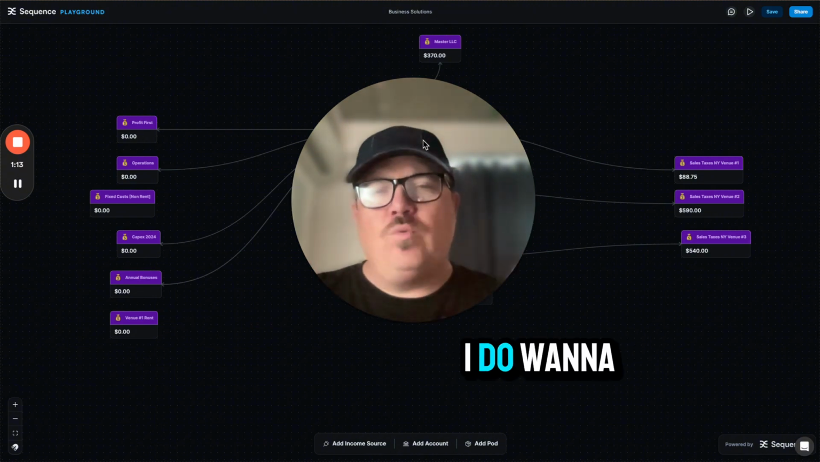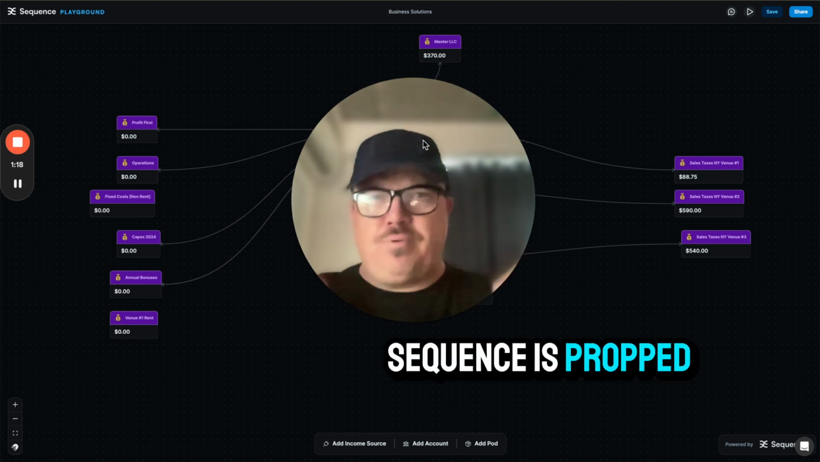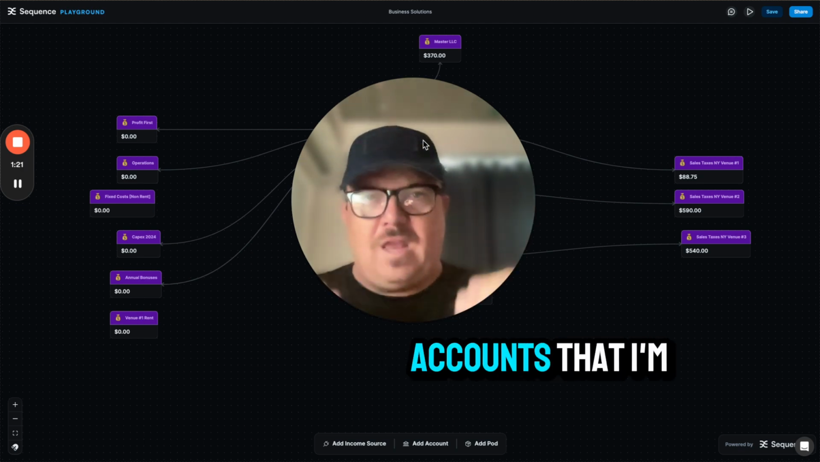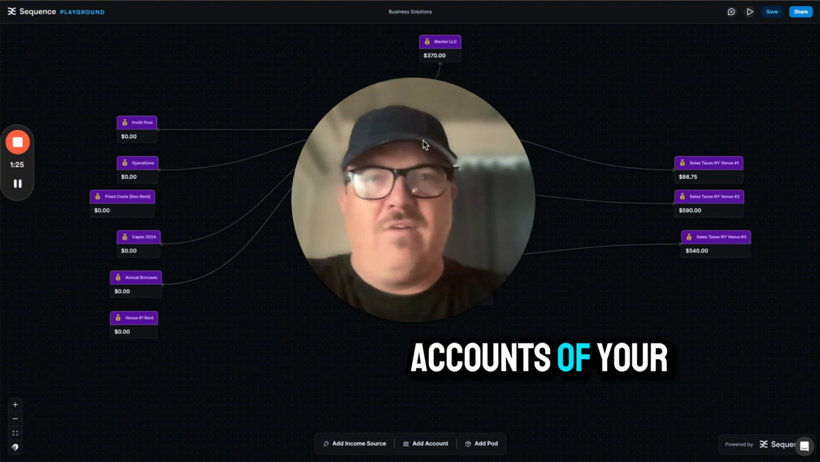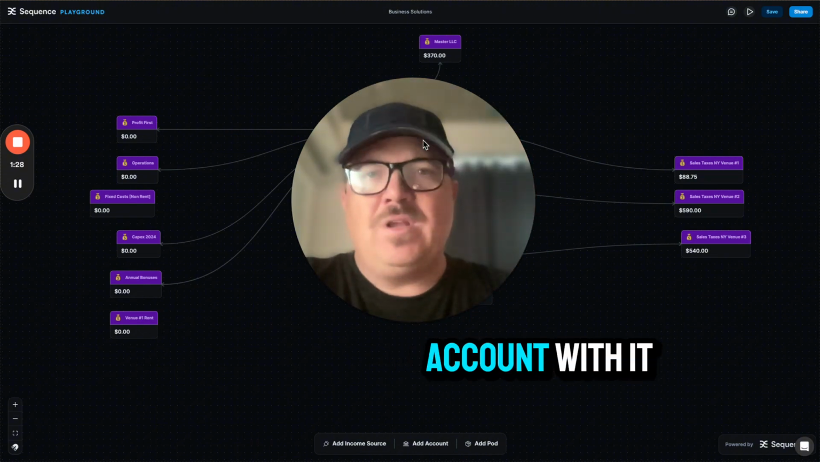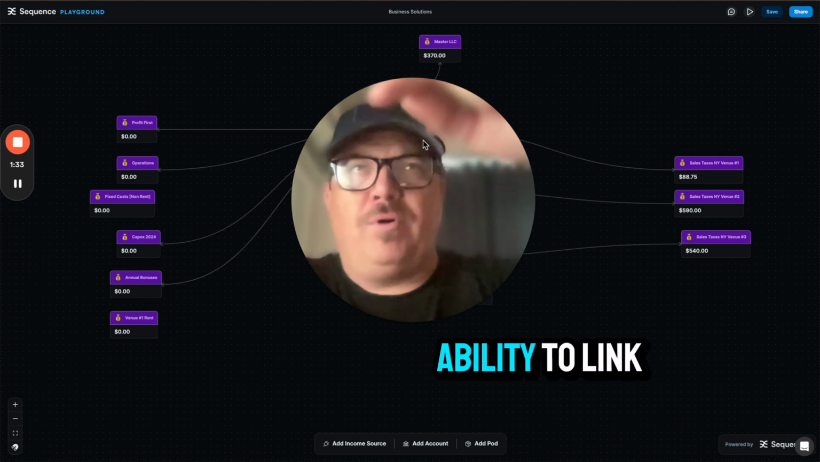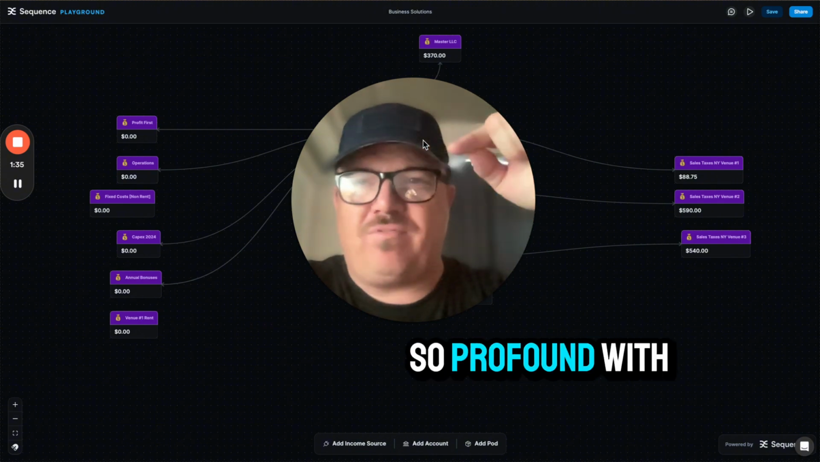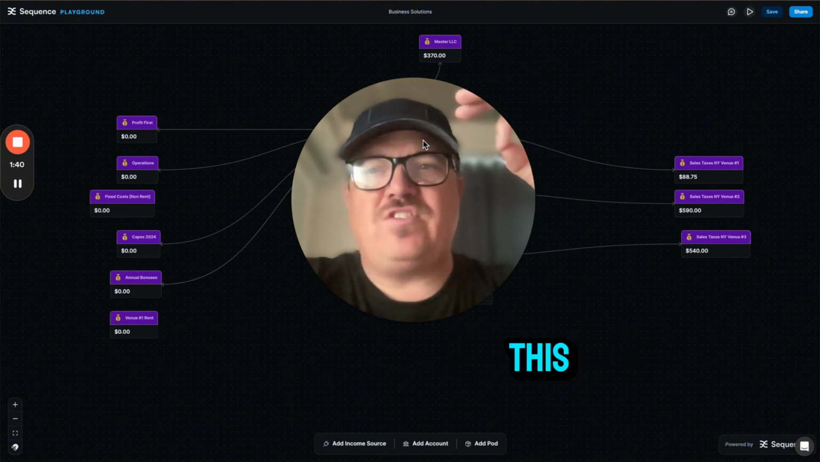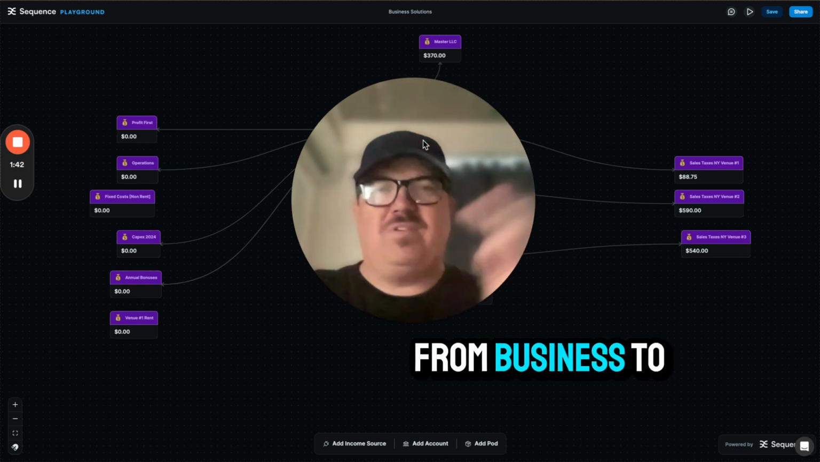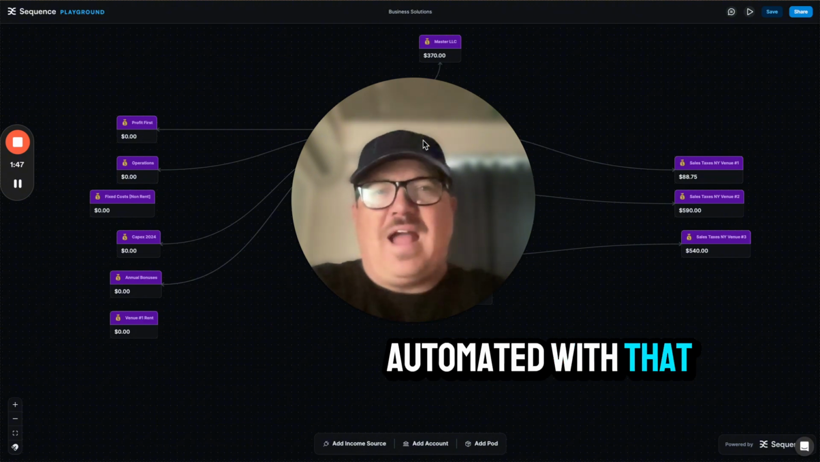Before I get into that, I do want to say that Sequence links to other banks. Sequence is propped up by Thread Bank, so all the accounts that I'm going to show you can open are technically sub accounts of your master account with Thread Bank, and your ability to link to other banks is what's so profound with Sequence. And you have this fantastic ability to move money from business to business, and moves that you need to do, they could be automated. With that, however, comes